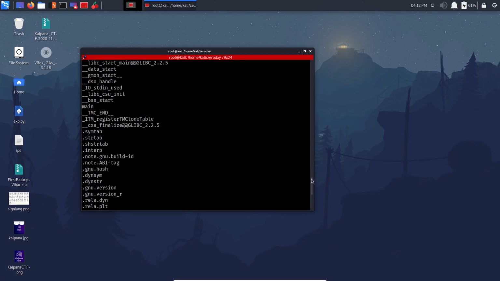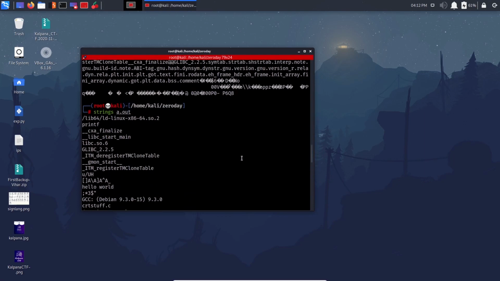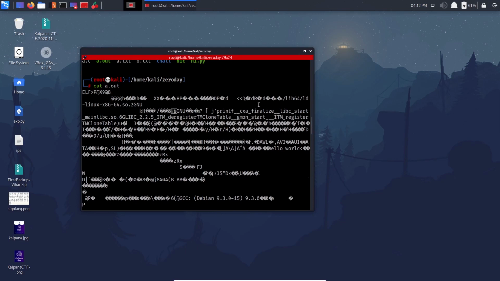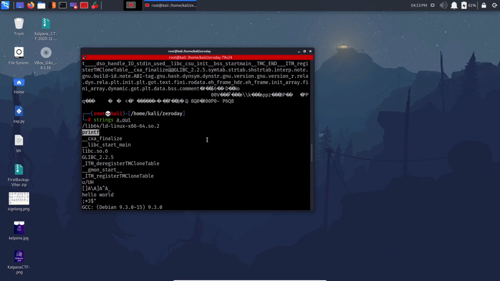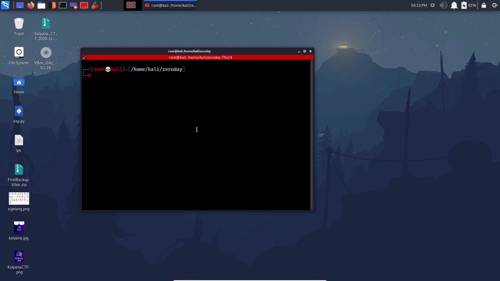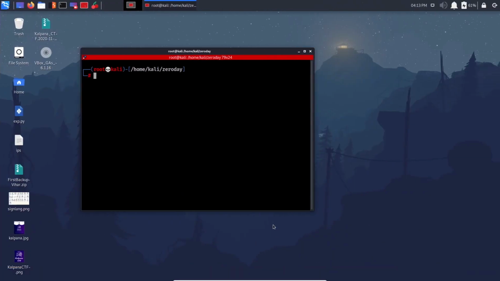Now only the ones which we can understand are here, right? Stuff like printf is there, so we know there's a printf function happening. And if you remember the execution of the program, it prints hello world. So hello world is not there. For that, later we'll see how stack protection and everything works. But for now, just imagine strings removes all the gibberish and keeps only the human readable text which we can understand. Okay, so that was strings.